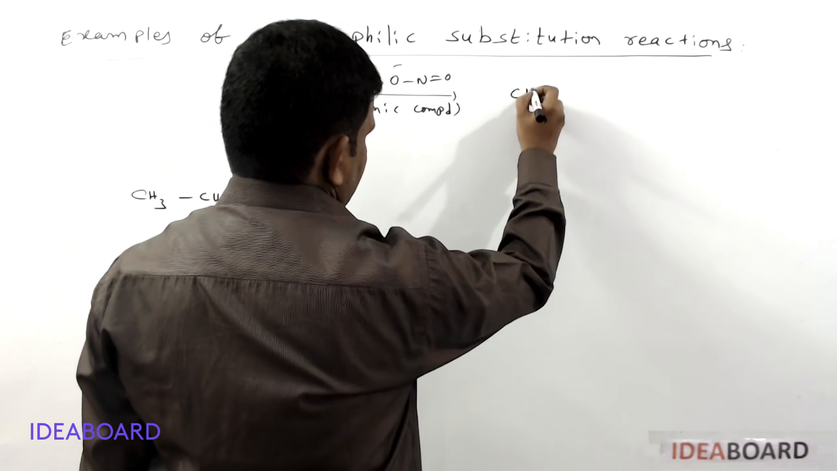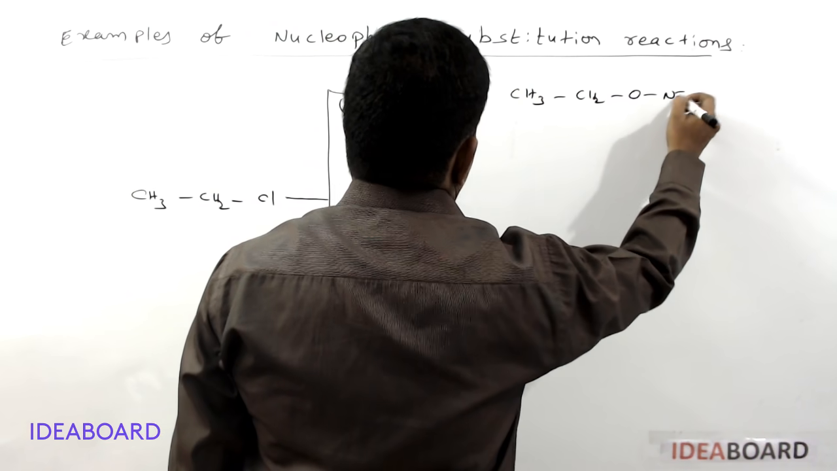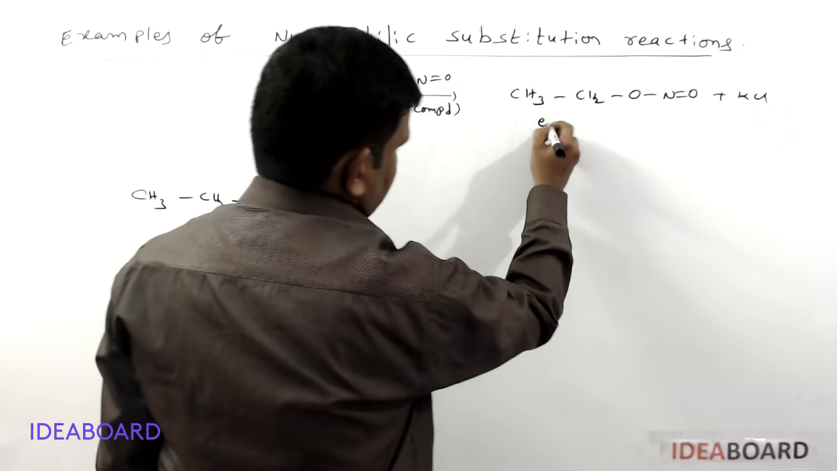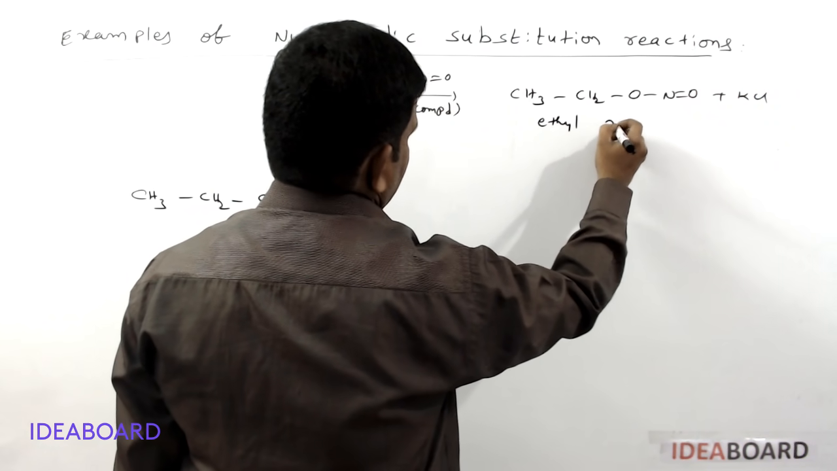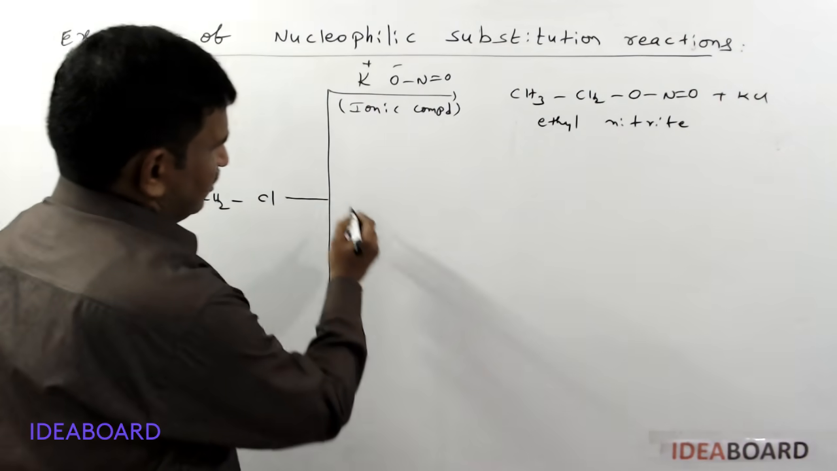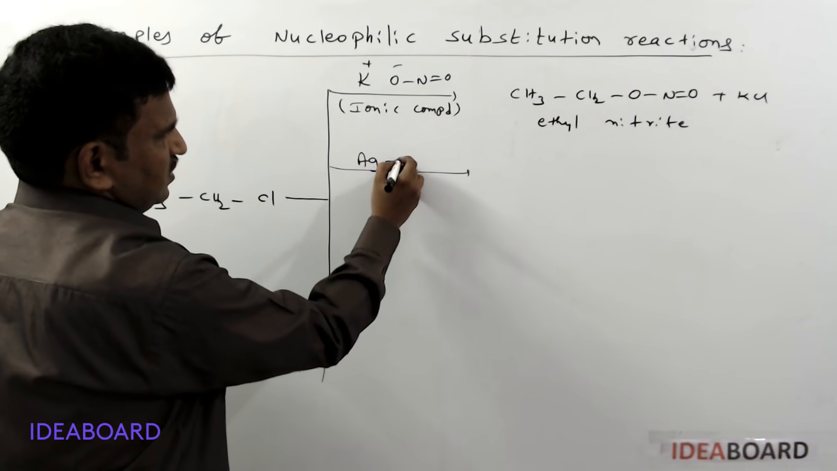So what is the product we are getting? CH3CH2O-N=O plus KCl is formed. This is called ethyl nitrite. Ethyl nitrite is formed. And similarly, if AgNO2 is reacting,